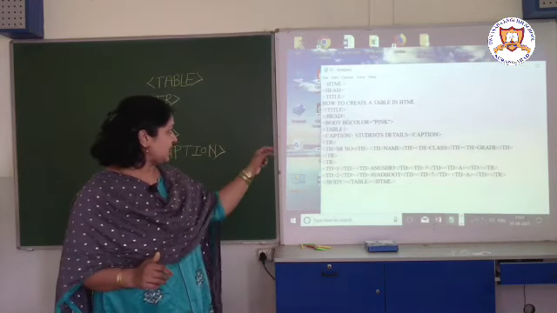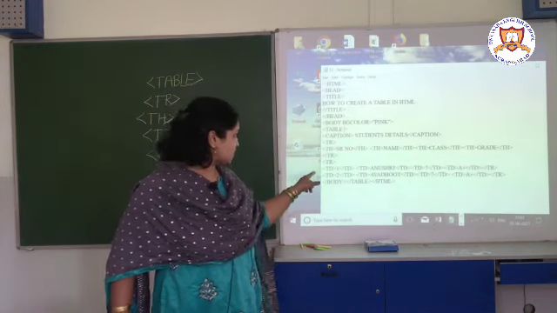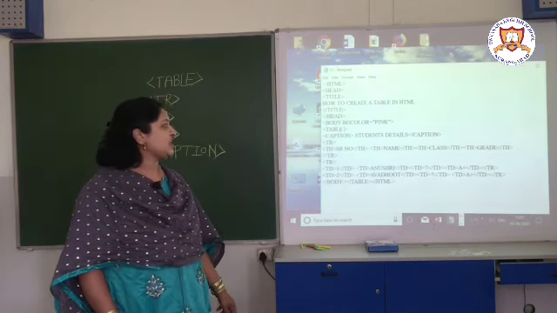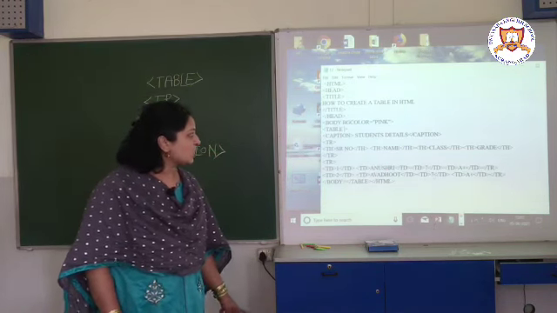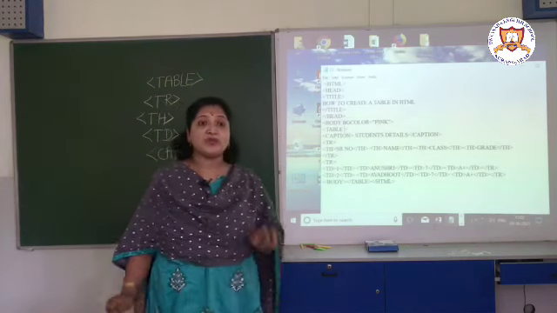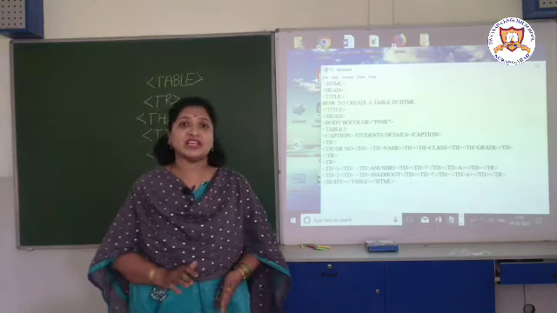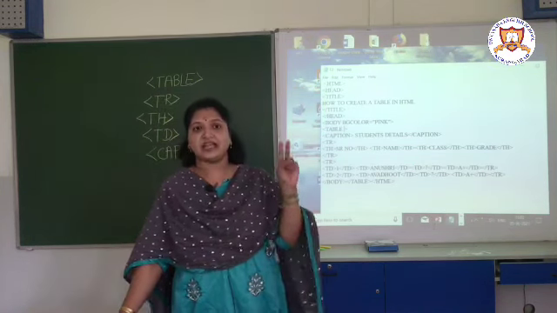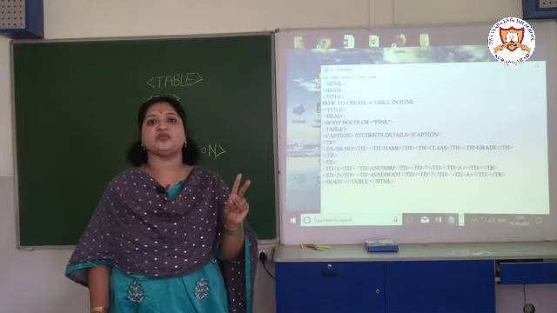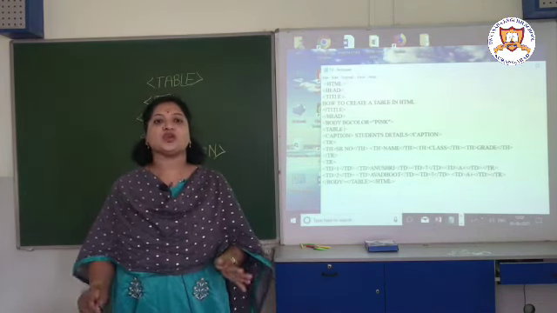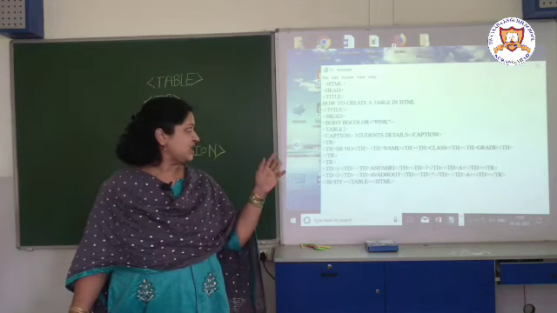So th serial number, th close, th name, th close, th class, th close, th grade, th close. Means how many fields or how many columns are there? First is serial number, second is name, the third one is class, and the fourth one is grade. So in all we are forming 4 columns in the table.